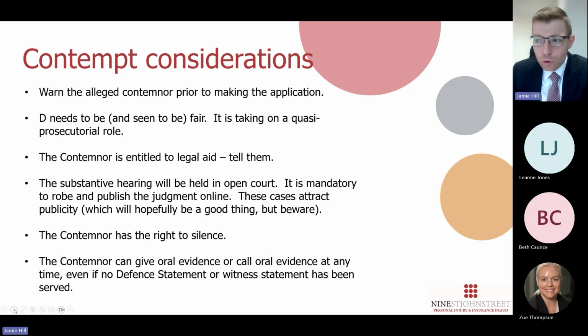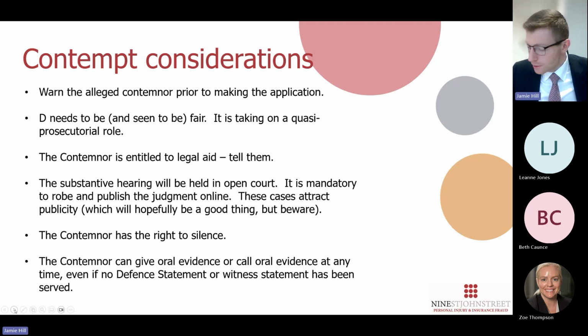If we think about what normally happens in, let's say, a personal injury case where there's been a finding of fundamental dishonesty, the claimant's solicitors, who are personal injury solicitors anyway, will have probably come off record as acting for them. So the claimant will be unrepresented. And if you want to bring a contempt of court application, it's important that you give them the warning, as I say at the first bullet point, and tell them they're entitled to legal aid